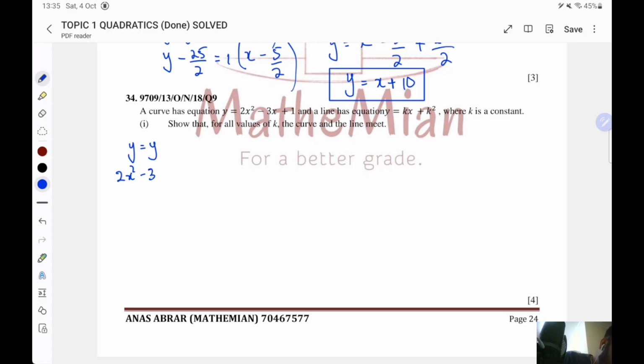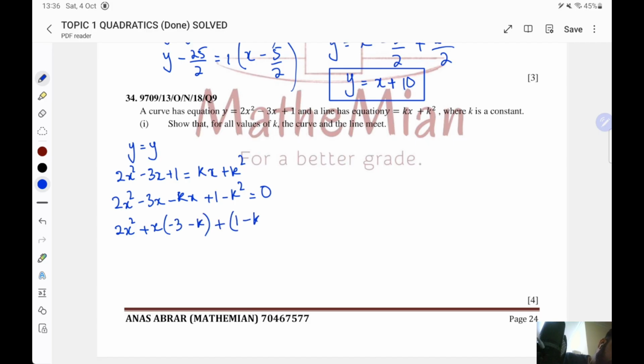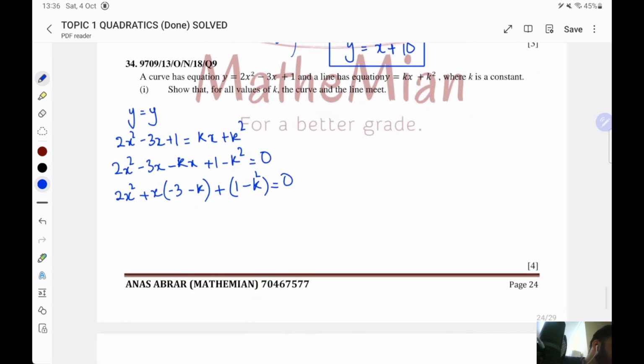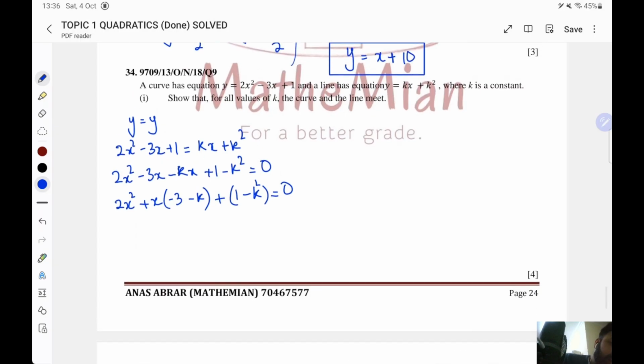2x² − 3x + 1 = kx + k². So it will be 2x² − 3x − kx + 1 − k² = 0. Now if we simplify, it will be 2x² + (−3 − k)x + 1 − k² = 0. Now we are going to use the discriminant, and he says that the line and the curve